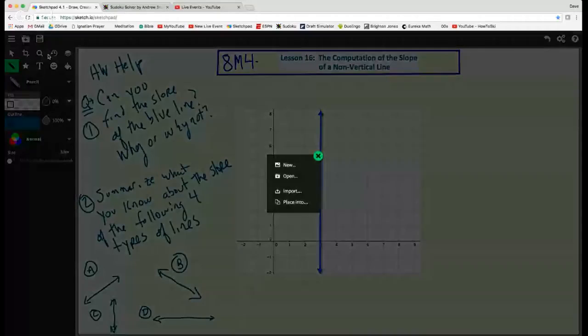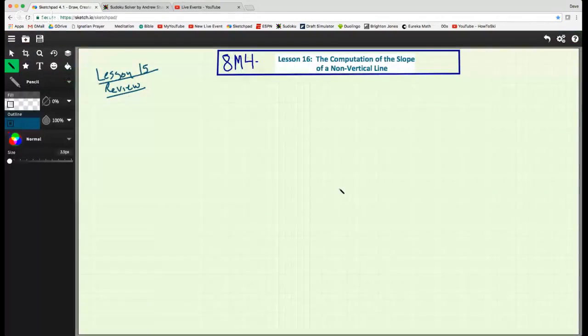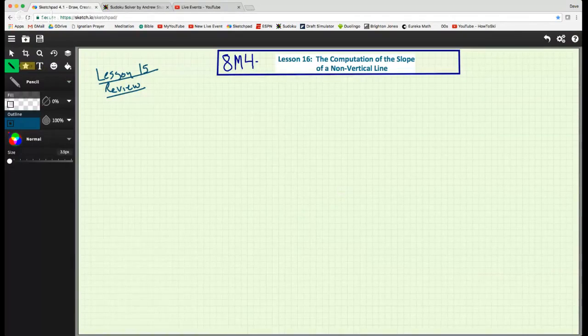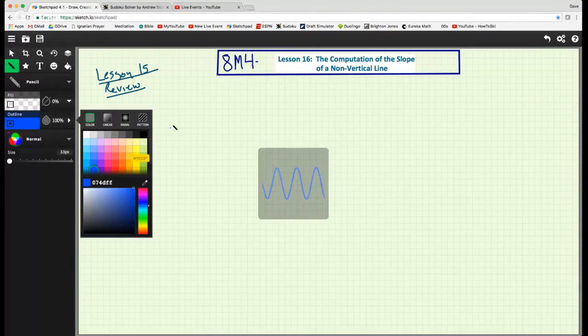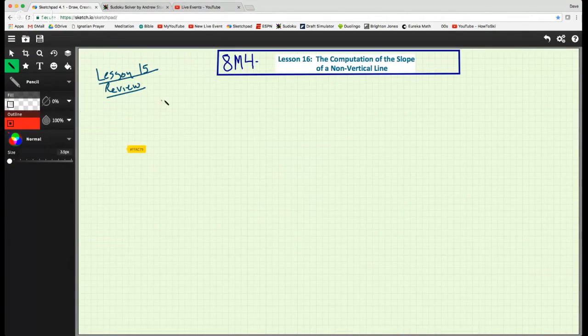But let's get to it and do the work. All right, here we are on our sketch pad. This is not where we're going to start, this is where we're going to end. We're going to start over here with a quick lesson 15 review. So we learned, let's switch to a different color, let's go to red, we learned